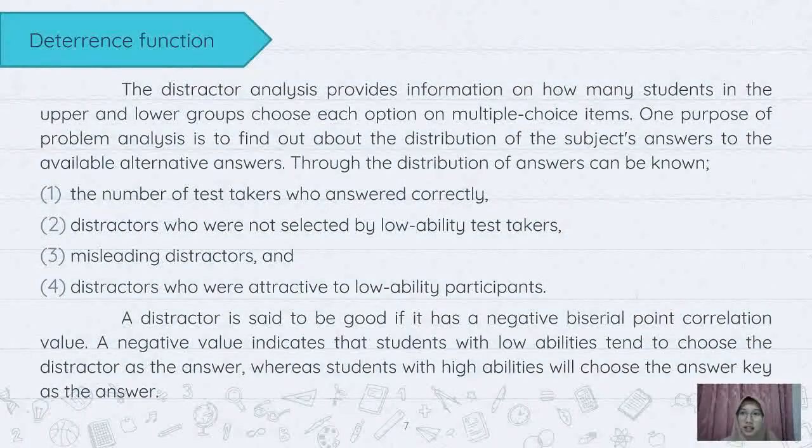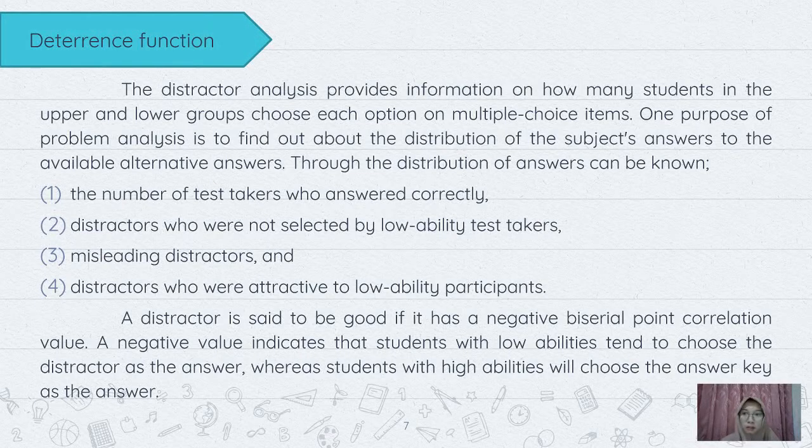Next is the distractor function. The distractor analysis provides information on how many students in the upper and lower group choose each option on a multiple choice item. One purpose of distractor analysis is to find out about the distribution of the subjects' answers to the available alternative answers. Through the distribution of answers, it can be known: